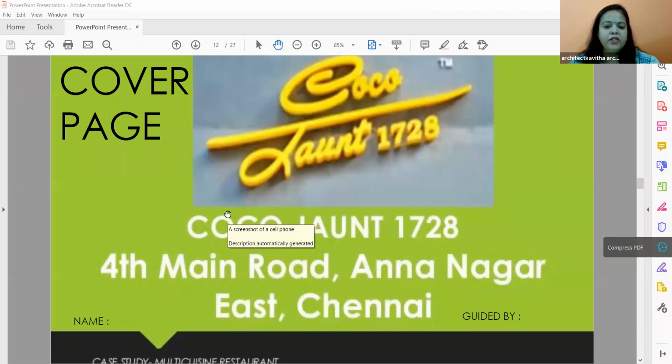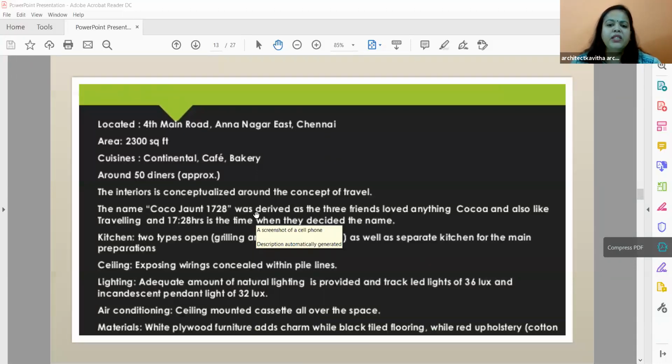And before this, after the cover page, you can even have your index, like a content. So the first page is the introduction, the second page is the site plan, the third page is plans, the fourth page is say sections or photographs. So like that you can make an index after the cover page, which will be much easier. But if you have 10 or 15 or 20 pages, you don't have to make that content. If you have a bigger project to analyze, then you can make a content. If you have a smaller project, you don't have to.